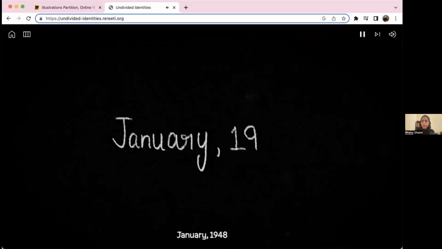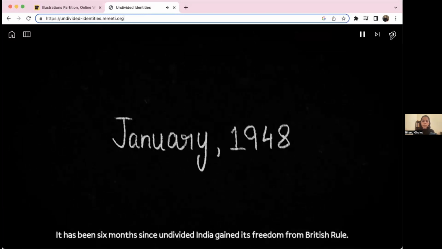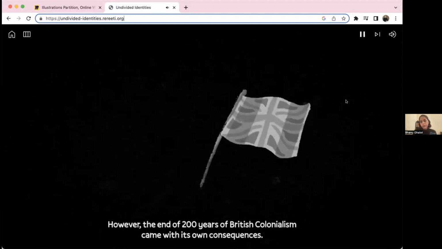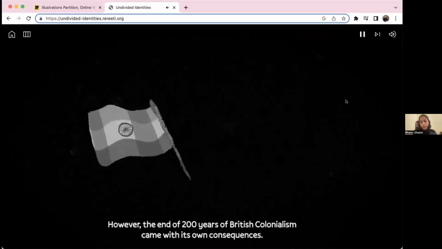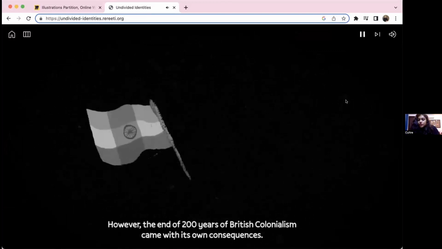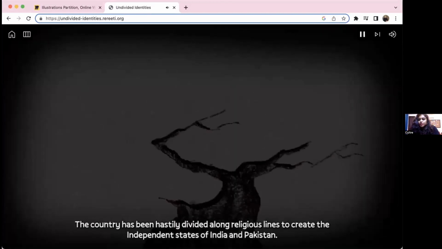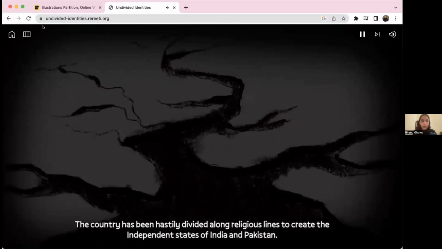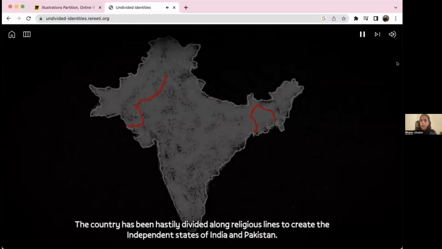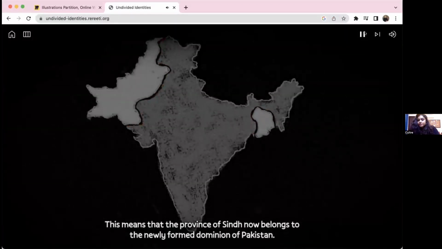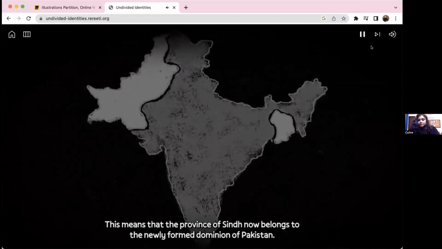January 1948. Hastily divided along religious lines to create the independent states of India and Pakistan. That's what it means that the province of Sindh now belongs to the newly formed